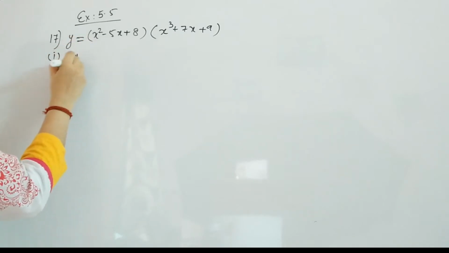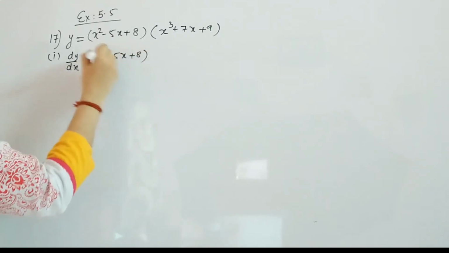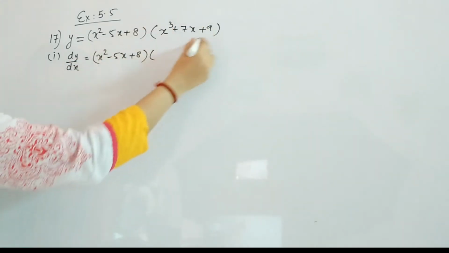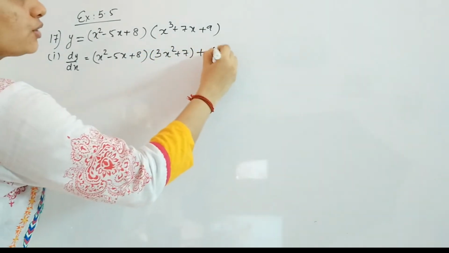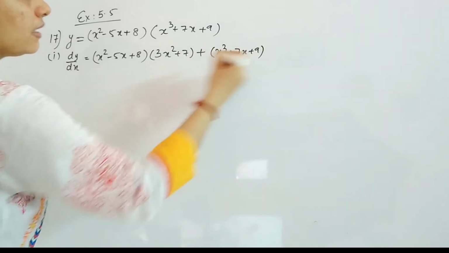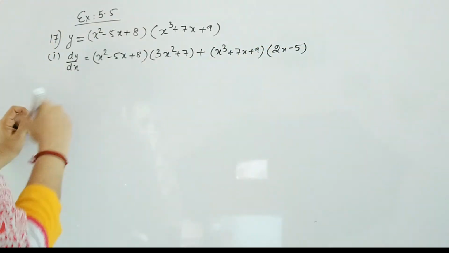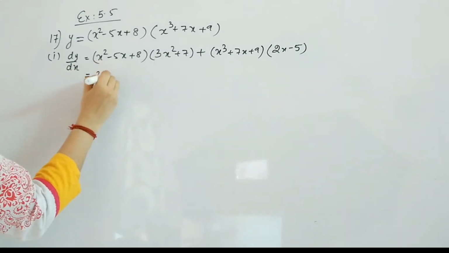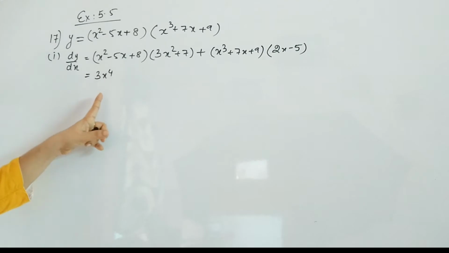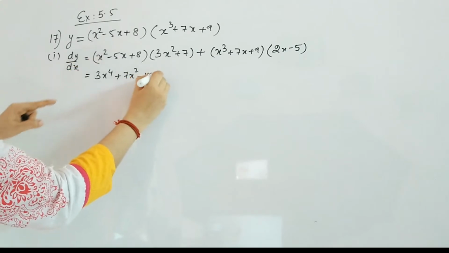So in the first subdivision we are using the product rule, which means dy by dx on the left hand side will be x square minus 5x plus 8 into the derivative of the other term, which gives 3x square plus 7, plus x cube plus 7x plus 9 into the derivative of this term, which gives 2x minus 5. Okay, now multiply, we will get 3x raised to 4 plus 7x square minus 15x cube